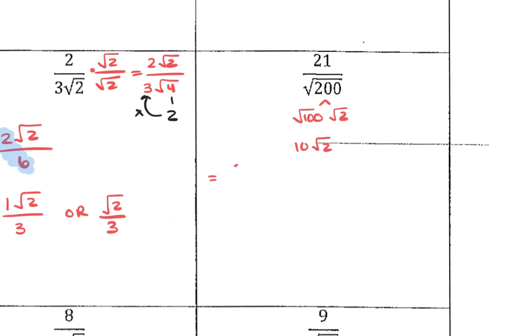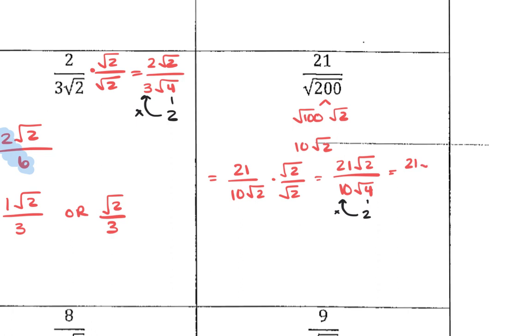So I'm going to rewrite my radical, 21 over 10 radical 2. And then I have to multiply the numerator and the denominator by radical 2. So I get 21 radical 2 over 10 radical 4, which square root of 4 is 2. And then don't forget, we have to multiply it to the coefficient that we already have out front. So we get 21 radical 2